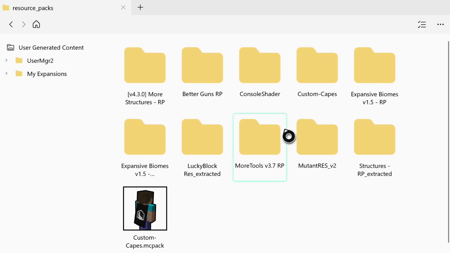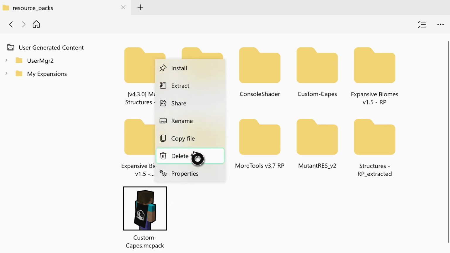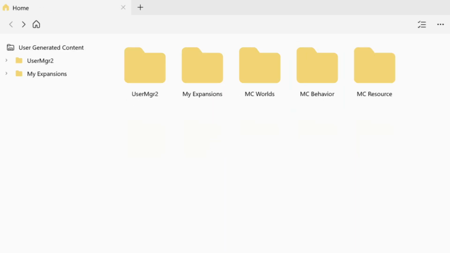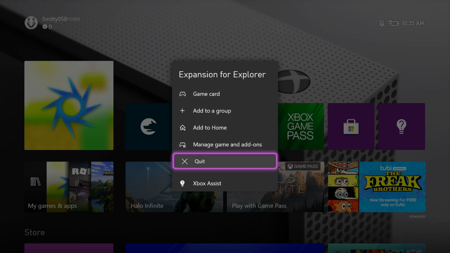This is what we need. And now you can go ahead, go down to your custom capes.mc pack, press it with the button with 3 lines, and go ahead and just delete that, because we have the folder in here now, which basically means that we are pretty much done with this step. So yeah, after you're sure you have that folder, you can go ahead and close out of expansion completely,